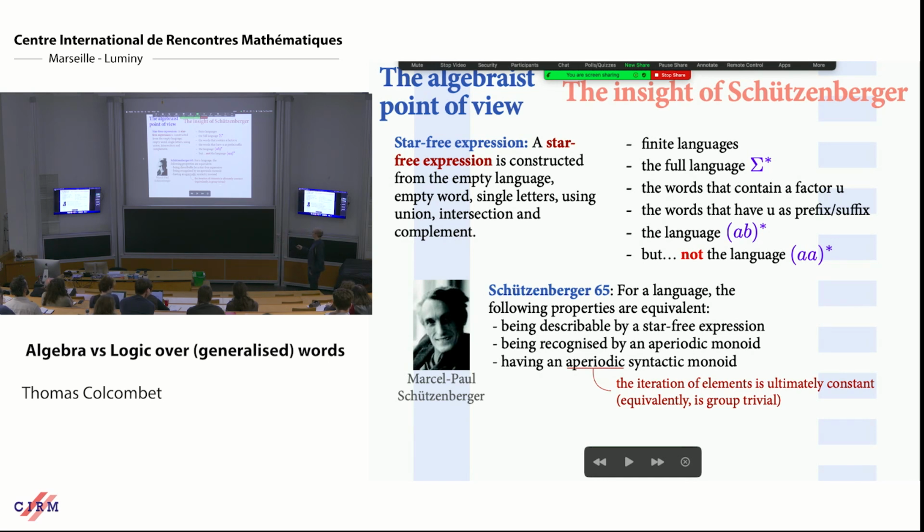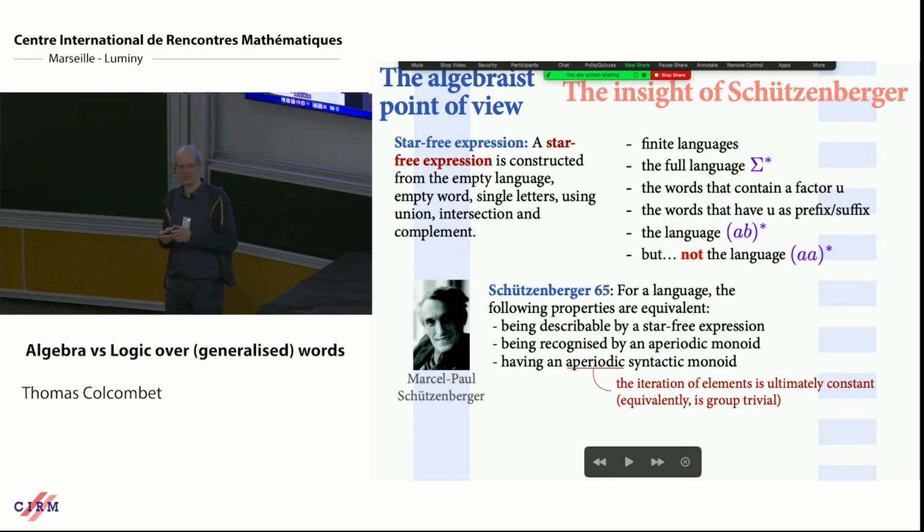So if you think, can I do the proof here? It's the same as saying that nowhere inside the monoid there is a group. Here we have to be a bit cautious, because a group is like a monoid, but it has an extra operation of inverse. And here clearly you don't have an inverse operation. So what it means is that there is no subset of the monoid that would have more than one element, so it's non-trivial, and that you could equip with an inverse operation. Okay, so it's group trivial.